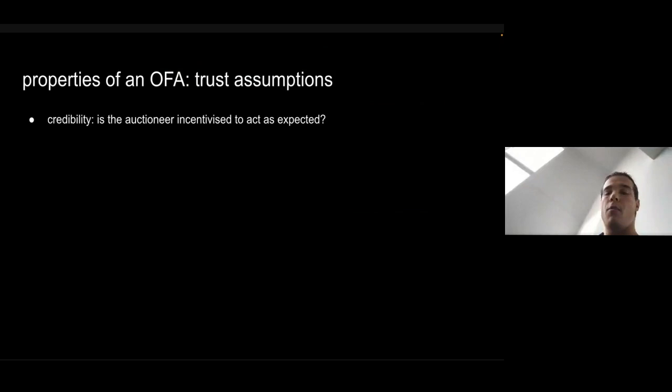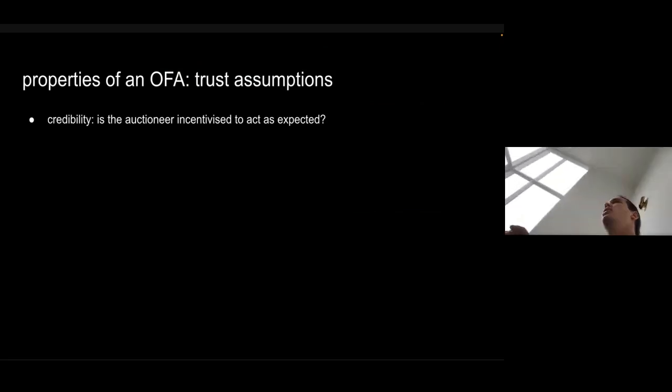Of course, I think we get different flavors of trust assumptions, right? So the question is, on a very high level, the auction is guaranteeing me some sort of property or set of properties. What trust assumptions do I have to make for that to be true? One is credibility, which Tarun was talking about earlier, right? What is the incentive of the auctioneer? And here when I say auctioneer, I really mean the auction system, right?